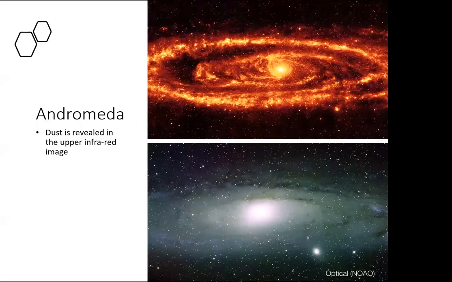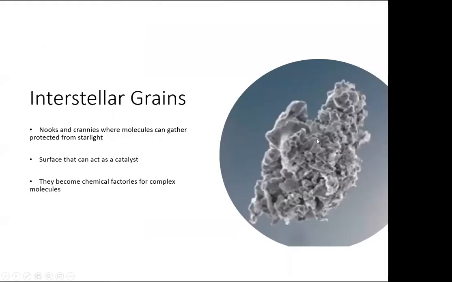And here's a couple of images of our neighboring galaxy showing the same thing going on there. We have Andromeda, 2.5 million light years away from us. The bottom image is optical and the top image is infrared. And the infrared reveals where the dust is. Again, all of this huge amounts of dust in the spiral arms. And these interstellar grains, we've managed to sample some of those. They're similar, but not entirely the same as the interplanetary particles, a little bit more compacted, but still full of all of these lovely little pockets.